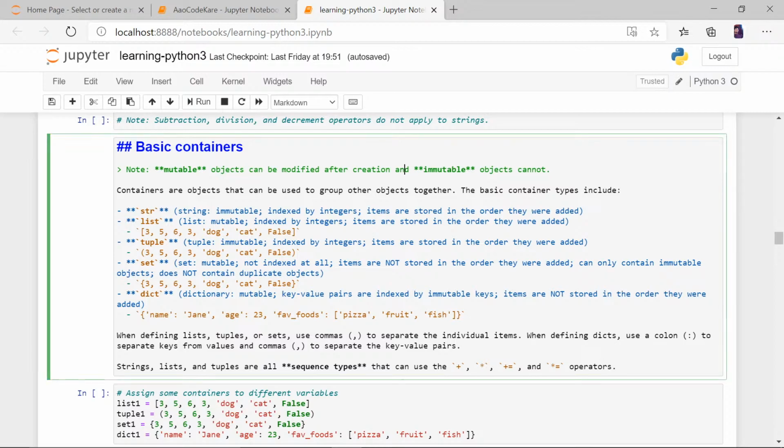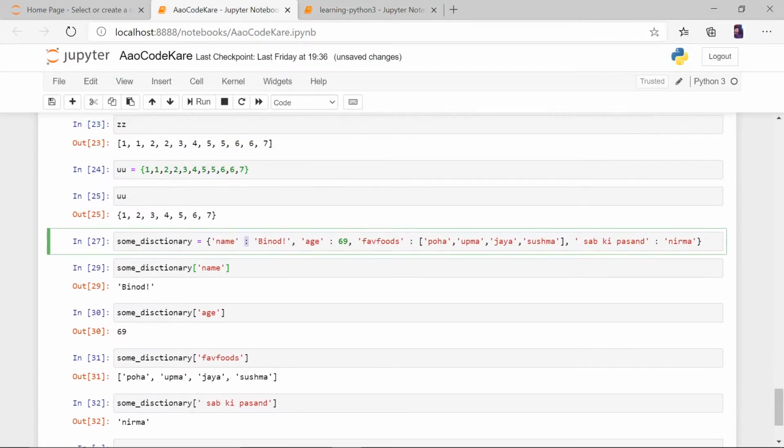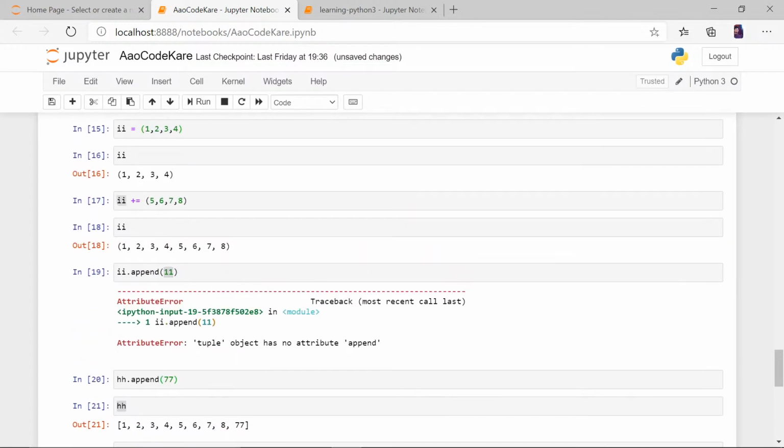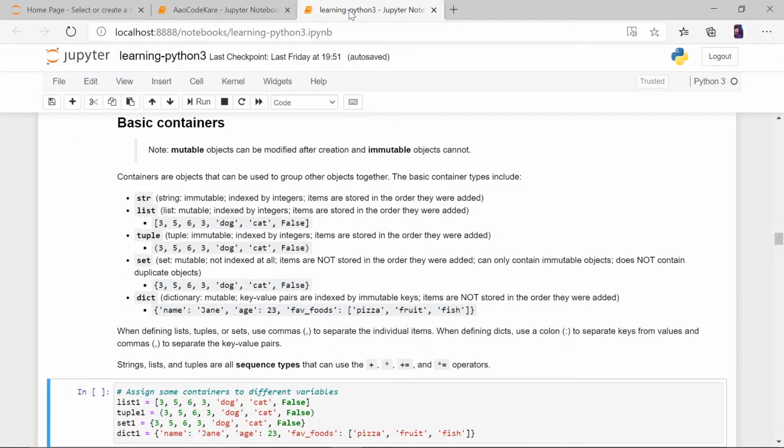Mutability and immutability is a difficult concept, but if you try to think of how these things work and what mutable and immutable is, and how I said here that a new one was created, but you cannot append, you cannot add to the same variable that was made before. Okay, so this is the part that we have to cover today.